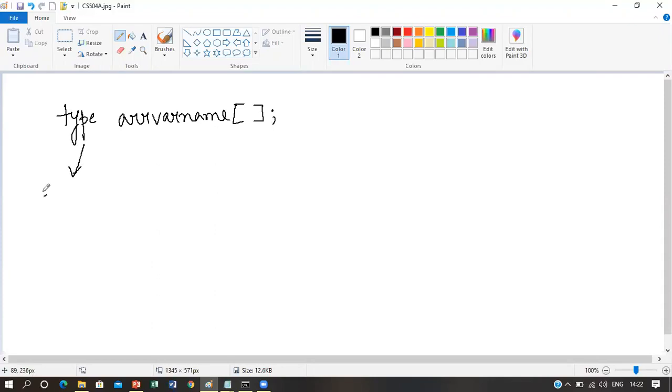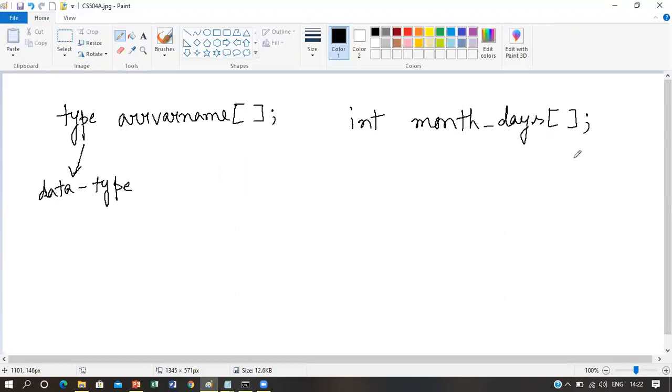This type is more specifically the data type, and this array var name is basically the array variable name. You can give any name to the array variables and you have to specify a data type before that. So if we take an example, then we can say that int monthDays.